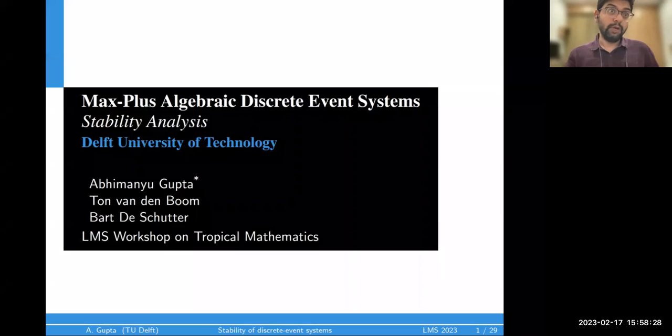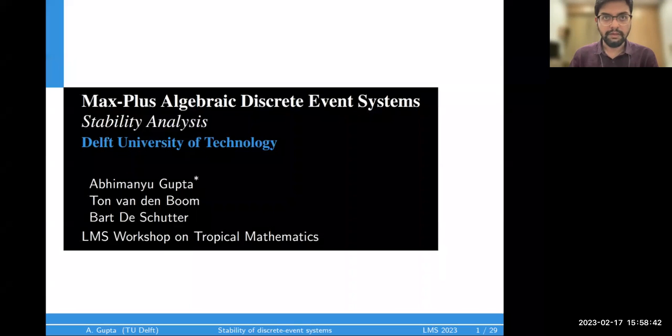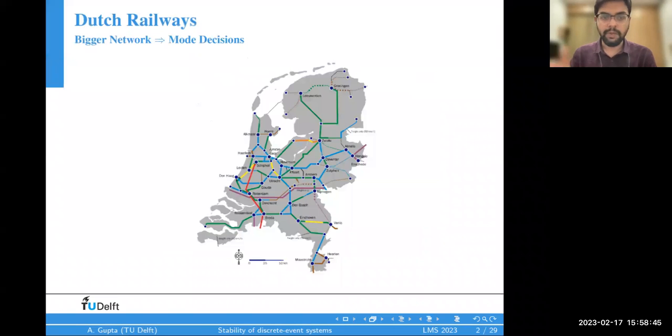So again, I work with applications, so it's a good idea for me to start with an example for such systems. So what we consider are man-made systems, and by man-made systems, I mean railway networks or manufacturing systems that can be represented using graphs, and their dynamics is derived from operation rules. And as an operator, the idea is to maintain boundedness of the system. So that is where stability comes into the picture.